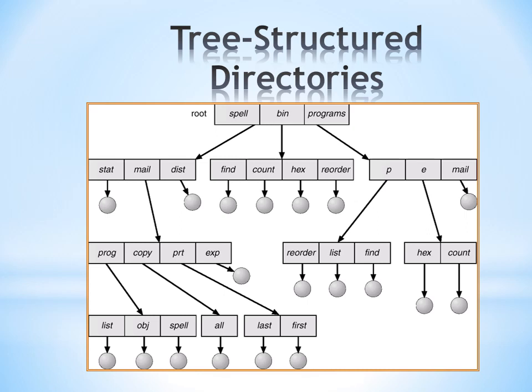So in the tree structure directories, you are able to do grouping. They are able to group your files, and each of these groups will be treated as a unit. So this is what we call a tree structured directory. Every time we start from the root, for example, spell, and then create the subdirectories, each of the subdirectories will be treated as a unit. So therefore, there are no problems